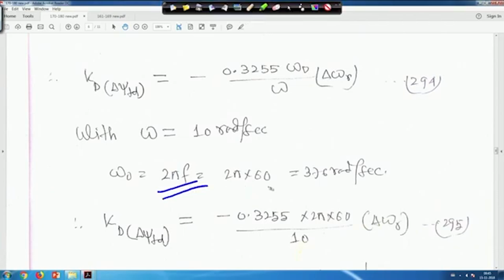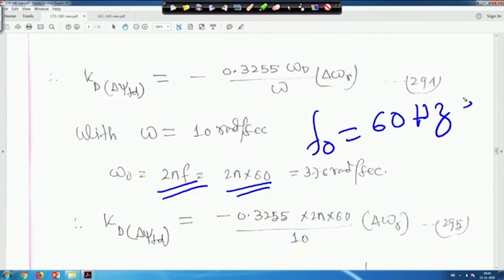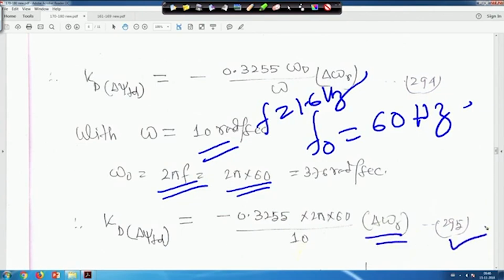So, omega 0 is actually 2 pi into 60, because we have taken the nominal frequency f 0 equal to 60 hertz, and the rotor oscillation frequency omega equal to 10 radian per second, that means approximately 1.6 hertz, right. So in that case Kd delta psi FD will be minus 0.3255 into 2 pi into 60 upon 10 delta omega r, this is equation 295,